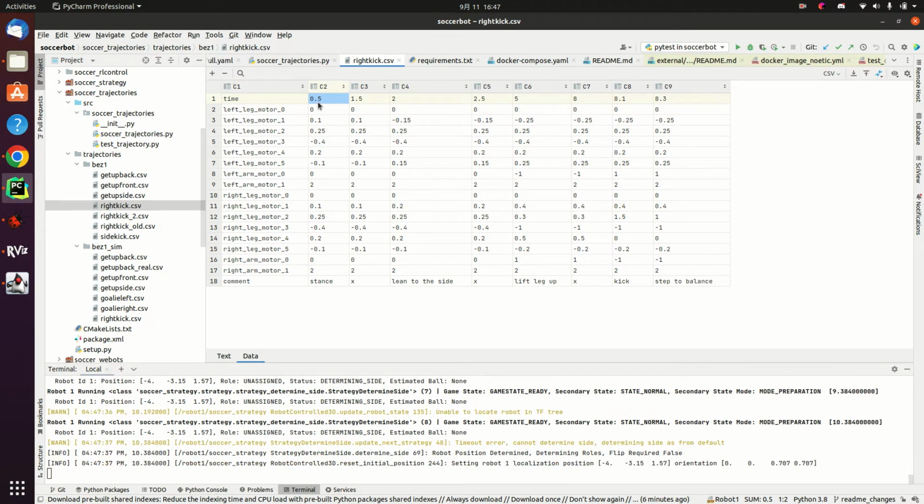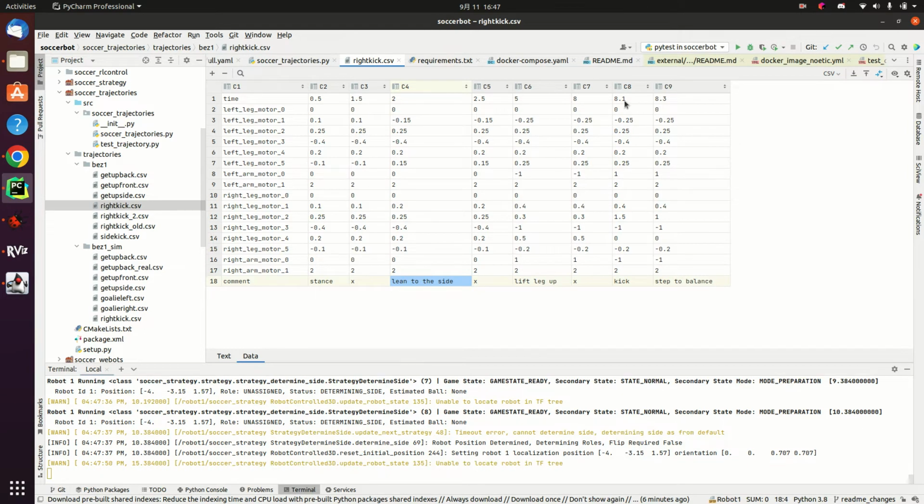So for example, at time 0.5, the motor angles are like this, and there's a comment saying this is the stance, and then it starts leaning to the right, then lifts this leg up, and then does the kick, and then steps to balance. So you can see these are the time steps. This one kick takes 8 seconds,